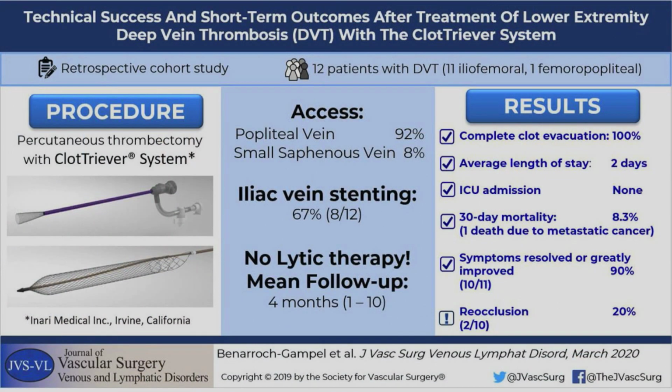Access was obtained in the prone position via the popliteal vein or small saphenous vein. Lytic therapy was not used in any case. Complete clot evacuation was obtained in all patients in a single session without repeat interventions. There was symptom resolution prior to discharge in 100% of the cases, and no incidence of postoperative anemia or acute